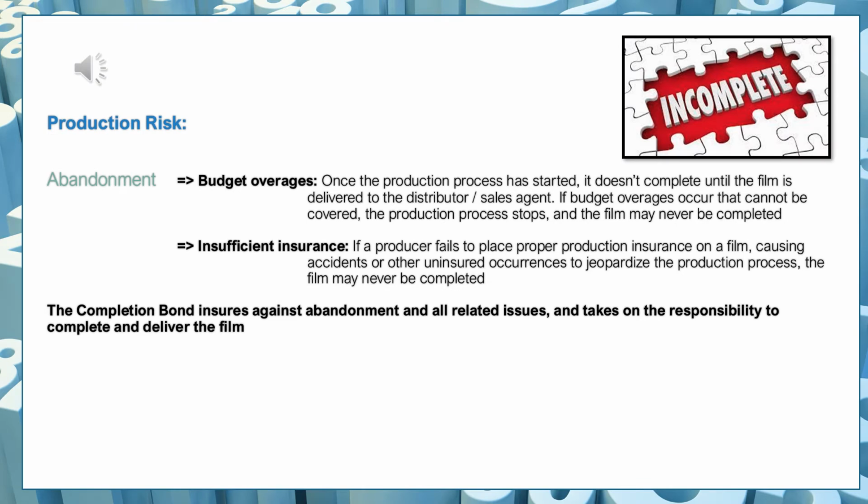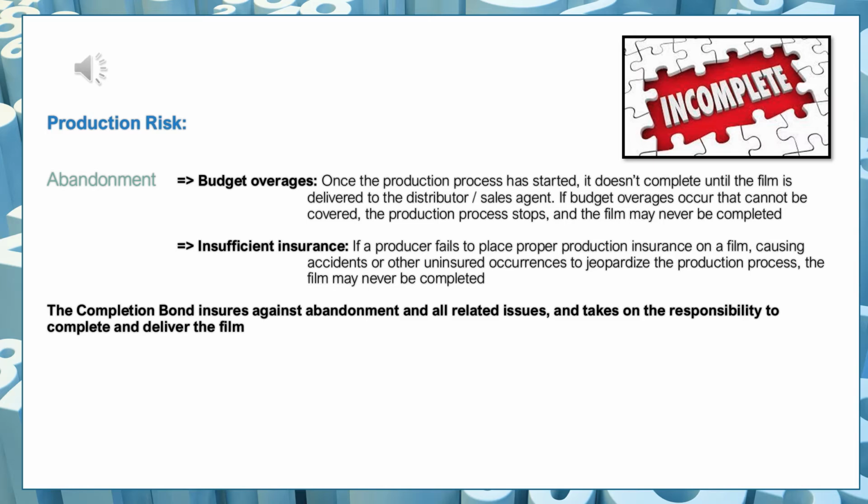And of course, during the production phase itself, we can face certain risks. Funny enough, once the completion bond company has insured the production, the risks are really limited. You're dealing with risks when you do not have a completion bond insurance, because then you deal with risk for budget overages. You go over budget, the production has started, it's not really going in accordance with the schedule, there are reasons why it's being delayed, and you don't have an insurance for any of it. So this is most likely going to be a problem.